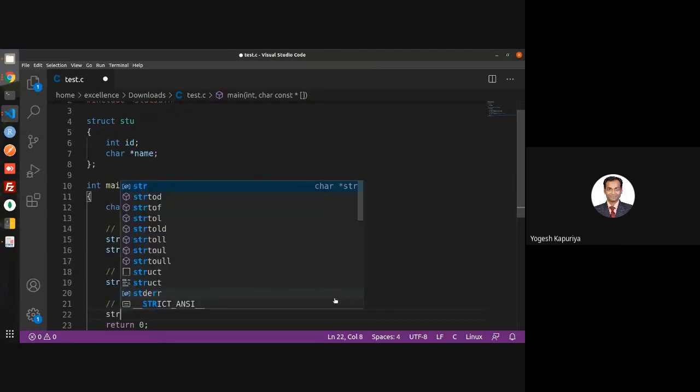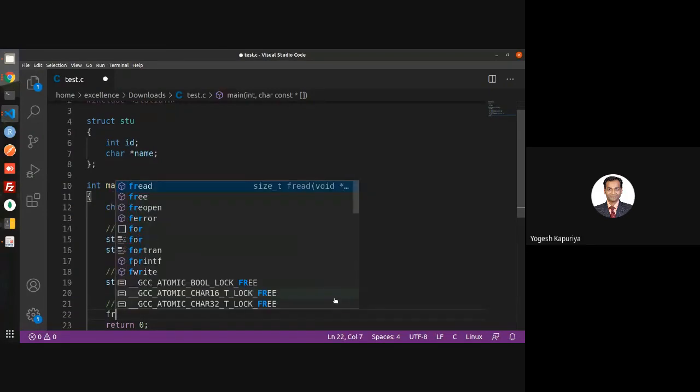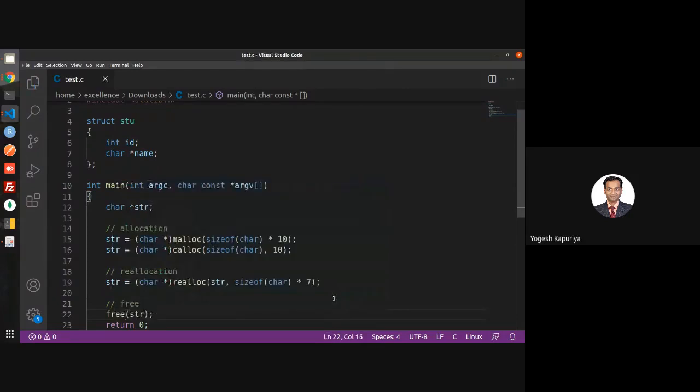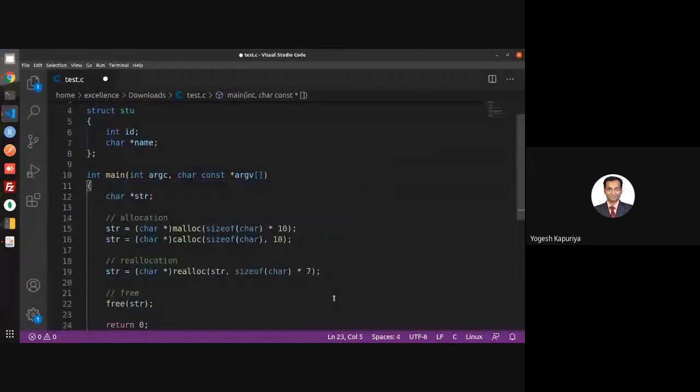And then whenever you want to free it, you should not occupy something which is not required. So it is better to free it. Free means that you are actually removing the allocation, or you are deallocating it. So now memory is not occupied by str. If you try to access str by some means, it will simply give you a runtime error. So this was about dynamic memory allocation.